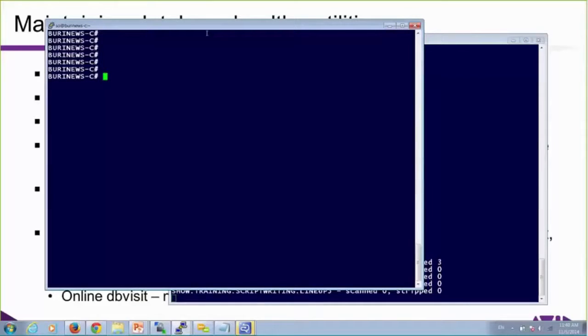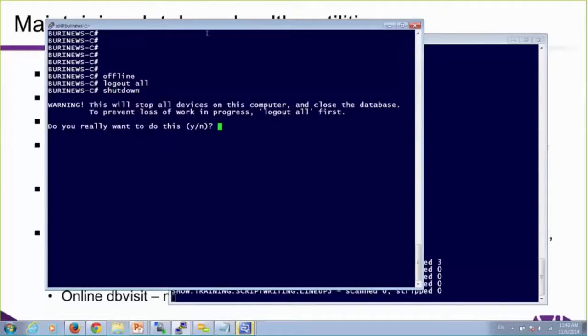So typically, like any DB visit, you do have to take the system offline to the users for a few minutes. So on all your computers in your iNEWS system, your A, your B, and your C, if you have a C, you would take them offline. You would log out all users. You would shut down the servers. This is basically not shutting down the servers. This is shutting down all the iNEWS servers, all the iNEWS devices that are currently running, and it will close the database. So we've done that,